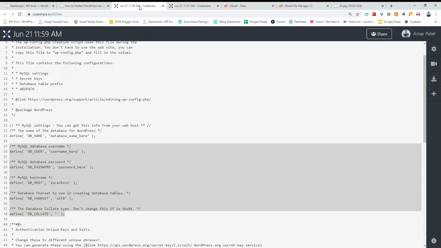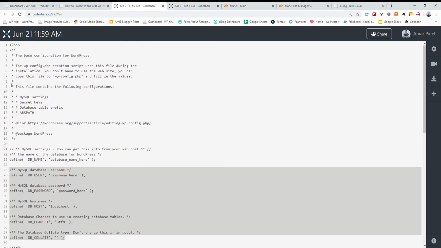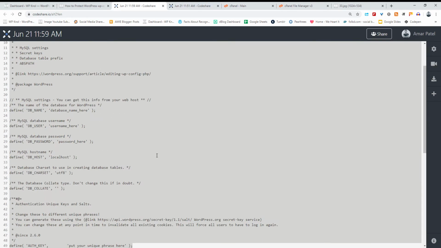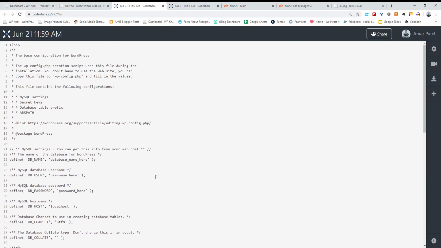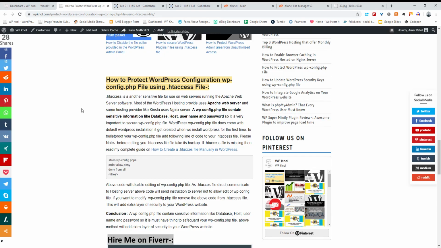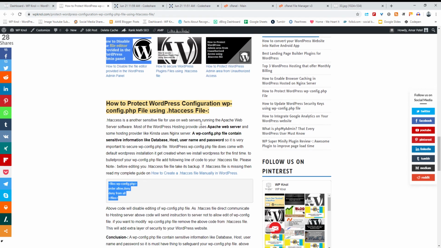So if you want to secure your wp-config file, which contains sensitive information about your database and password, you have to add a piece of code like this.